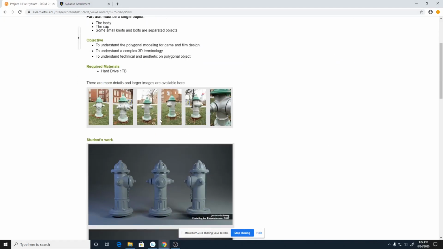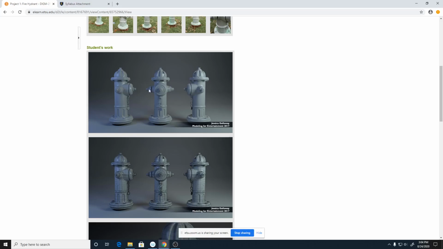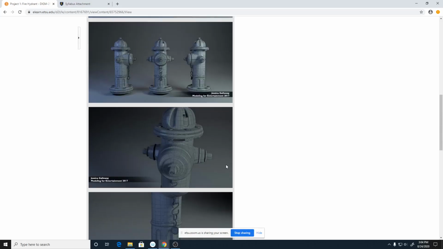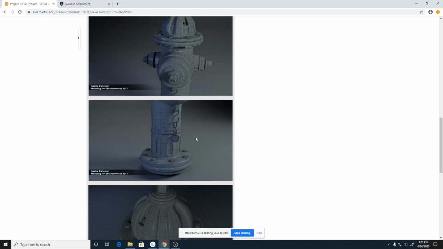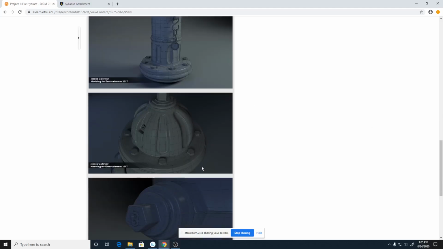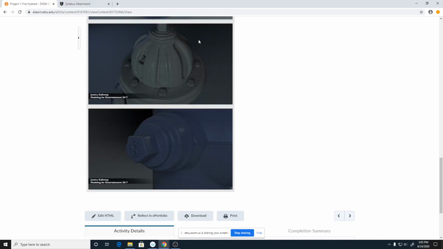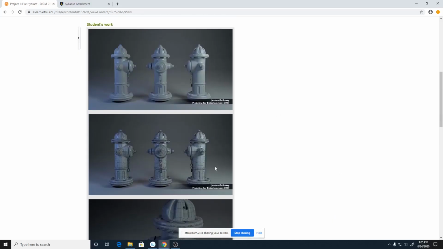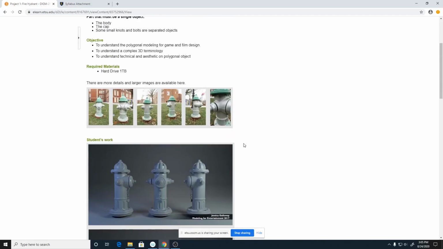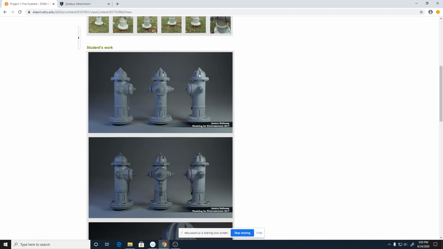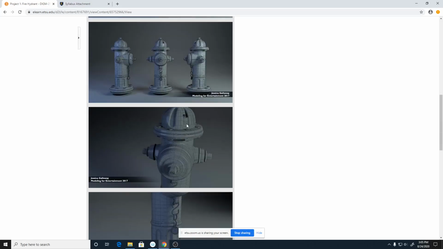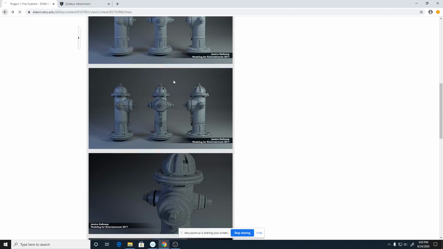You will use this for your reference and build the object. For accuracy and good topology, everything should be quad as much as possible. And I will show you how to do this. And basically, you try to copy it. And then for the final turn in, you just render it out. You can duplicate them and lay them out, or you can use Photoshop to composite. It's fine. Okay. And now, project 2,